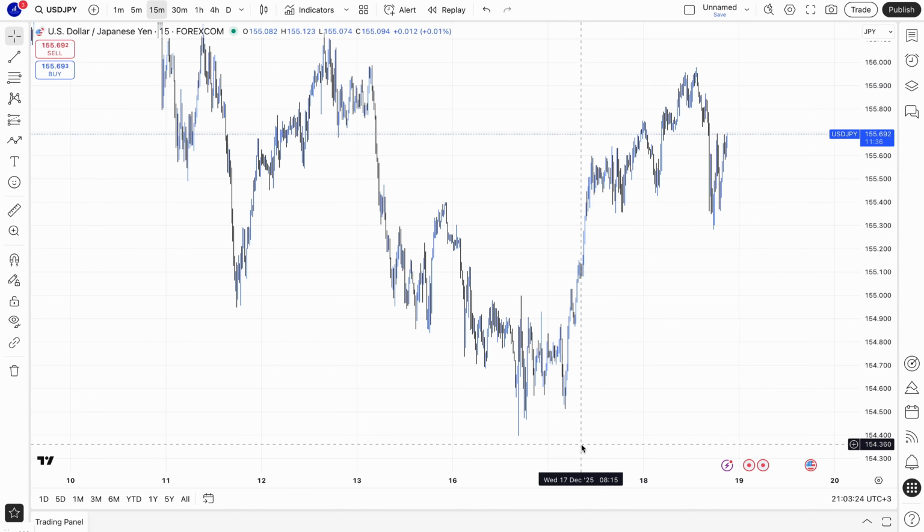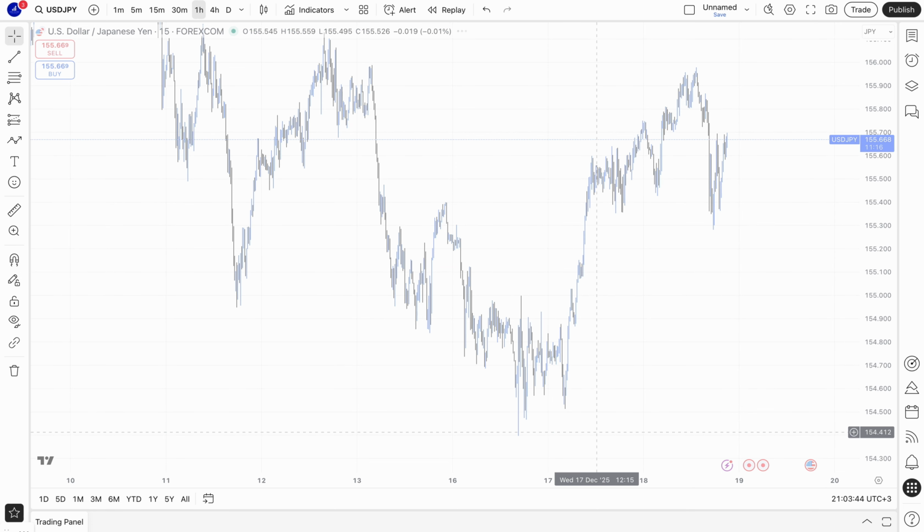Guys, this is the setup and plan for UJ, and UJ is very simple. If you trade UJ, you're going to understand that you can trade it anytime you feel like, because you can trade UJ in London session, you can trade it in Asian session, and still you can trade it in New York session, right? And first and foremost, we go to H1,